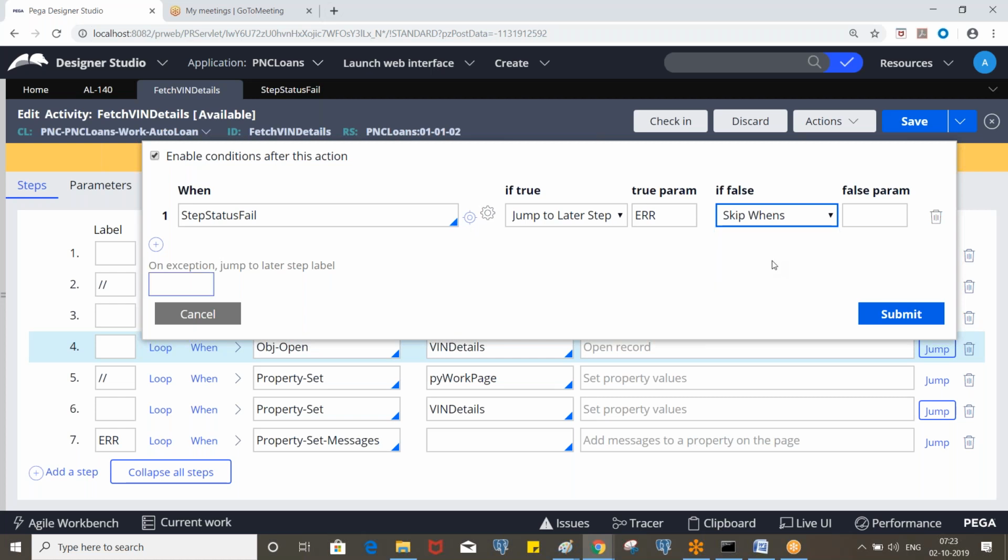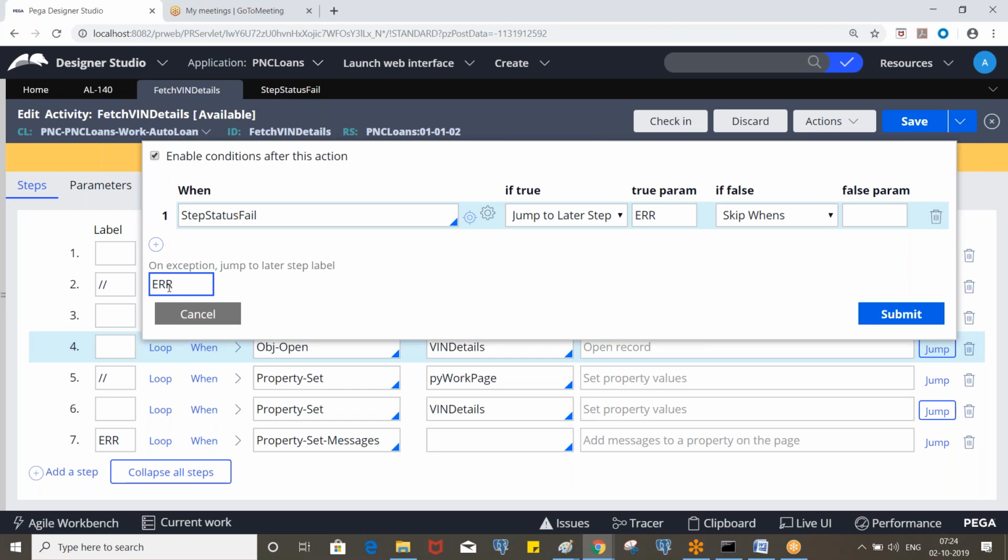And here, we have an exception, right? On exception, jump to later step label. Sometimes an error is different from an exception, right? Let's say in this case this is the error, and let's say divide by 0. That is not an error, that is an exception. The best practice is always you put the same label here also.